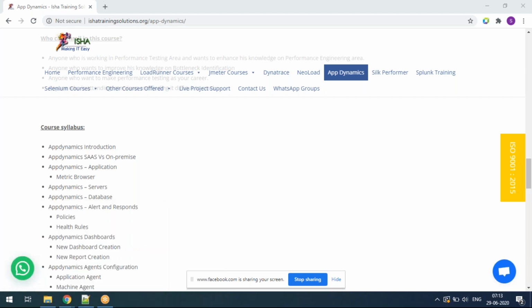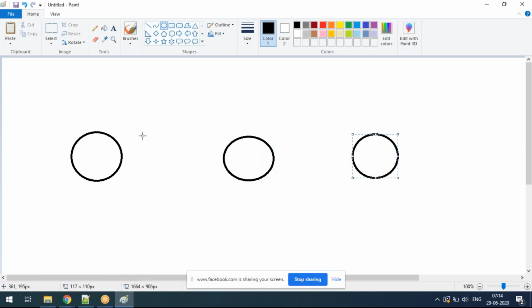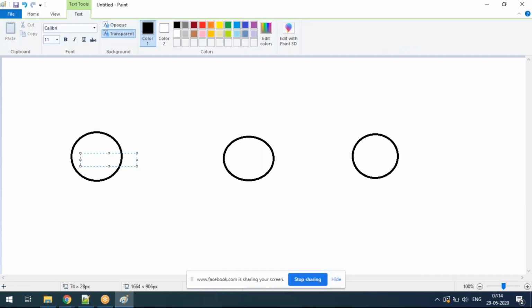I'll explain. Say I have a web server, I have an app server, and I have a DB server. Here, this web server is called a tier, right?